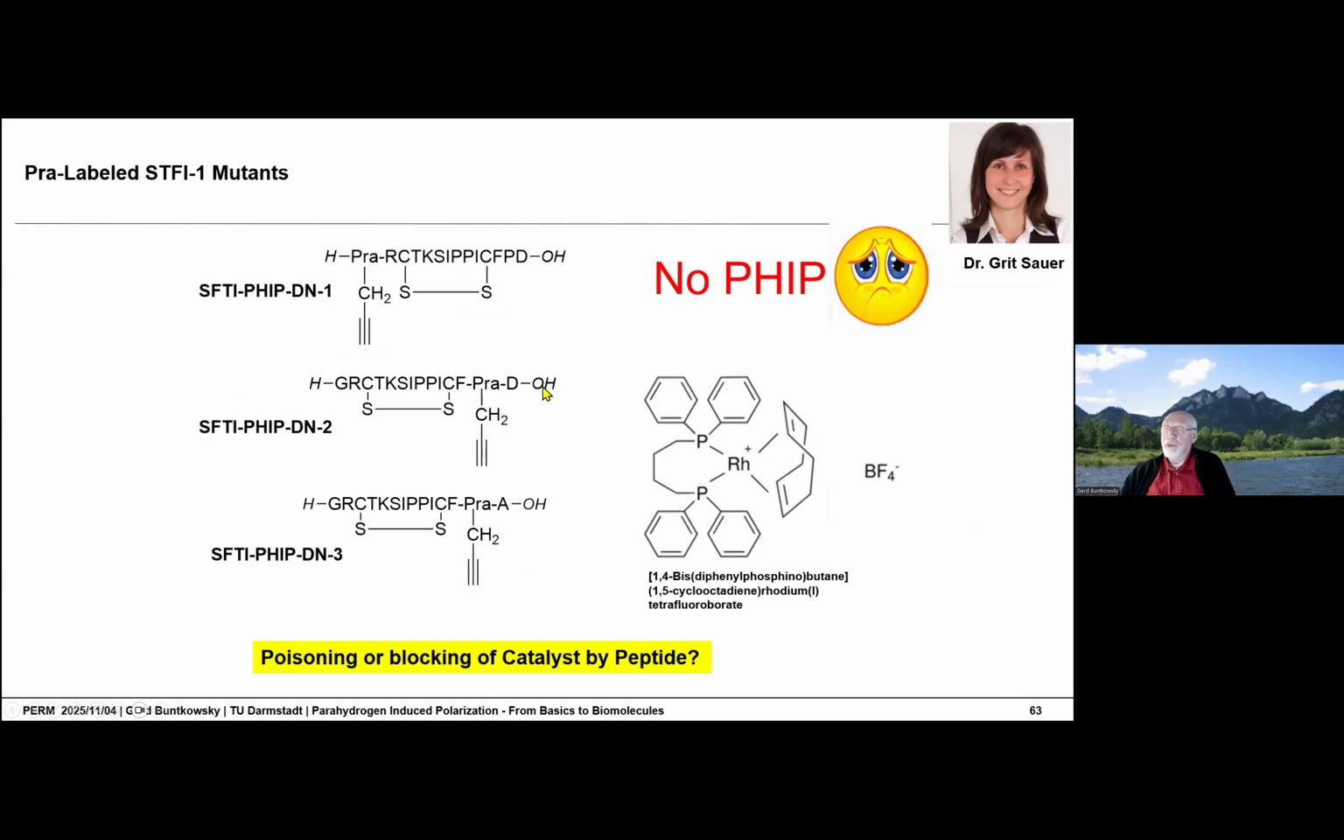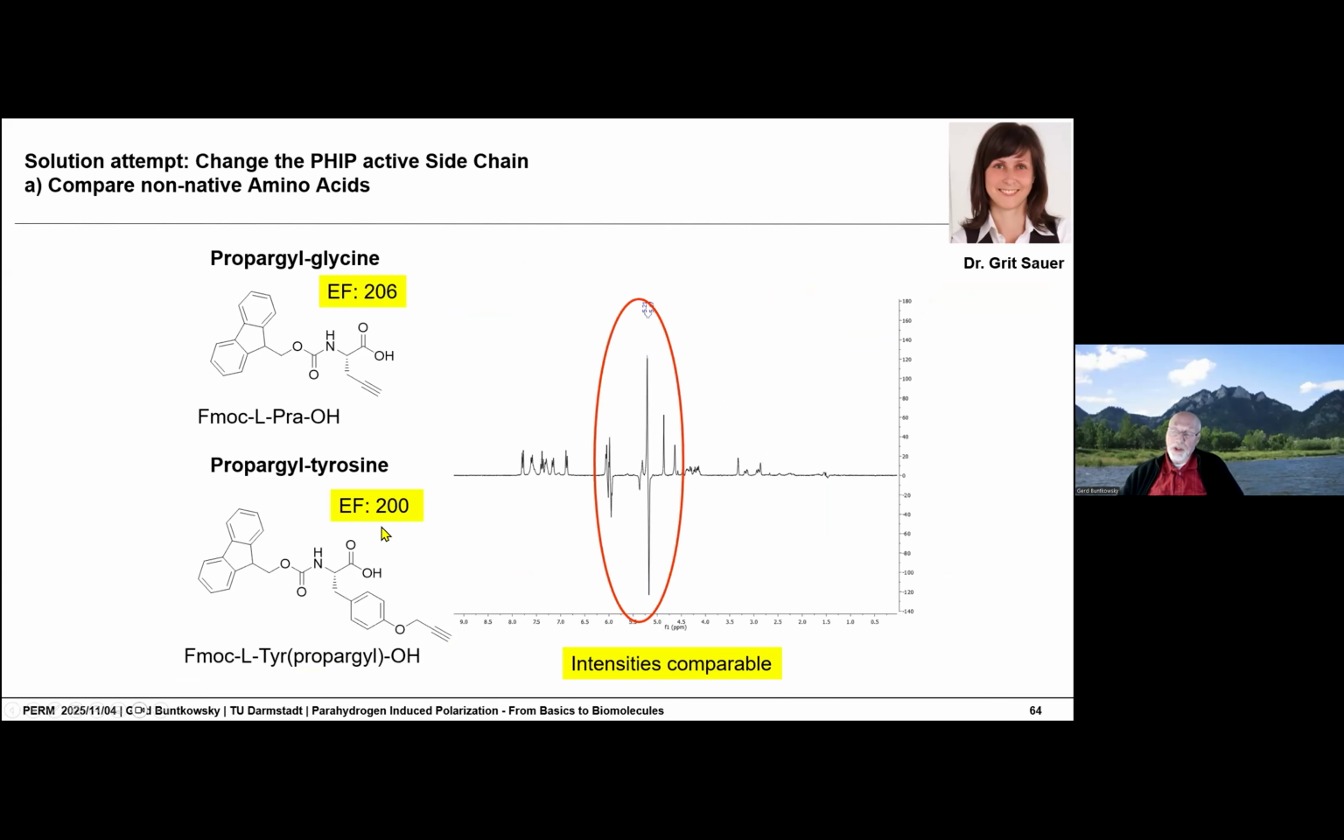First, we wanted to label it also with our propylglycine. This did not work, most probably because the catalyst was blocked because the side chain was just too short. So we said, okay, let's use larger side chains. So instead of using propylglycine,